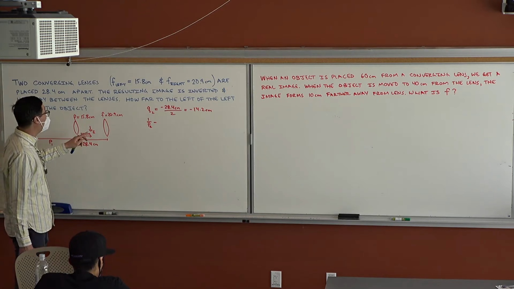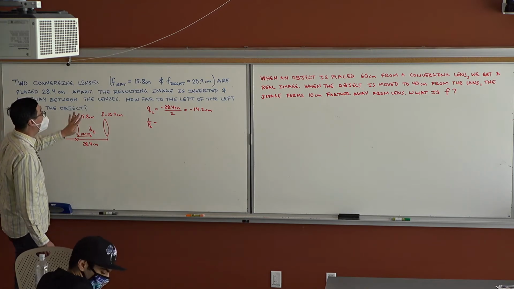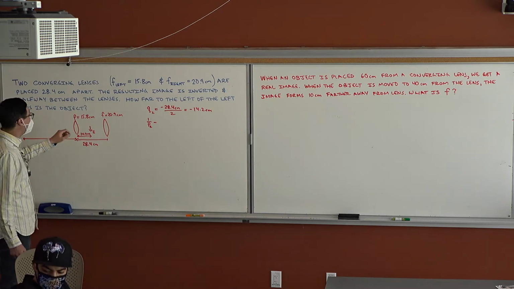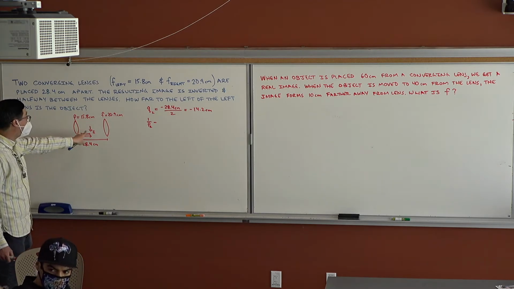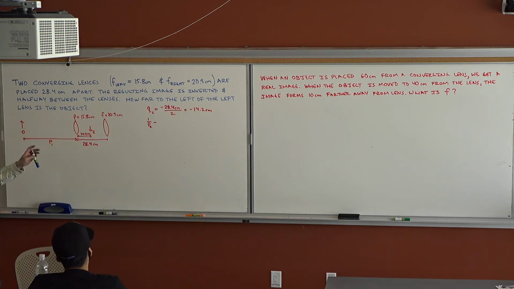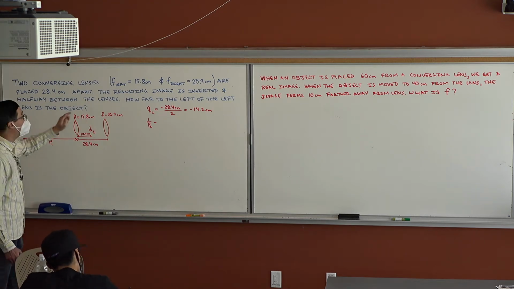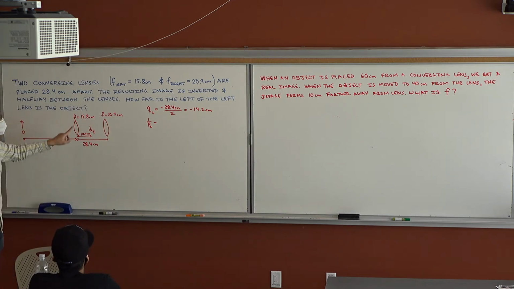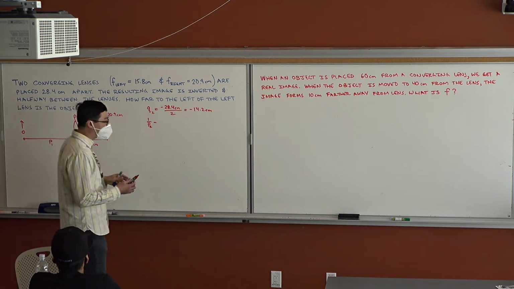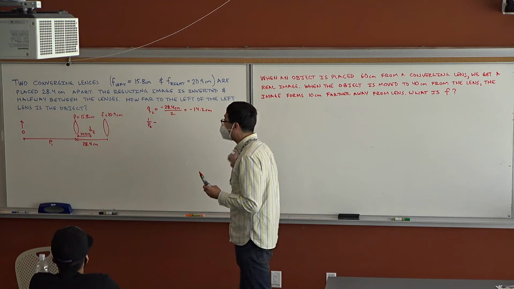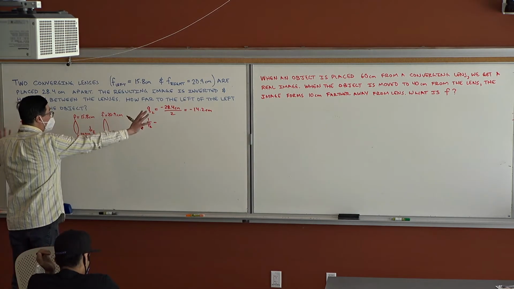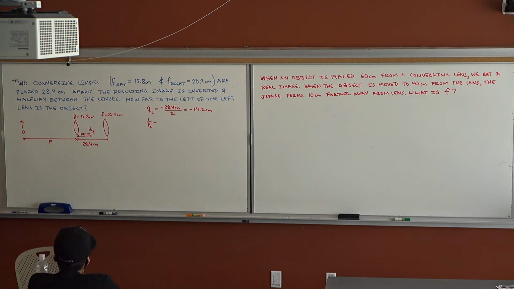We're then told that we place some object out there, and the resulting image is upside down and halfway in between our two lenses. We want to know how far to the left of the leftmost lens is the actual object. And so I'm going to start over in what I was saying. I hadn't put this picture up, so I think